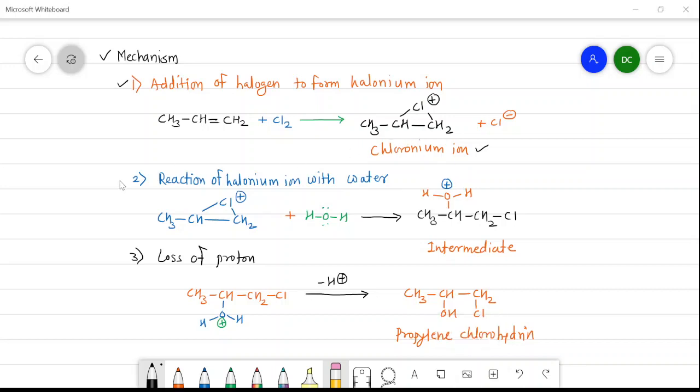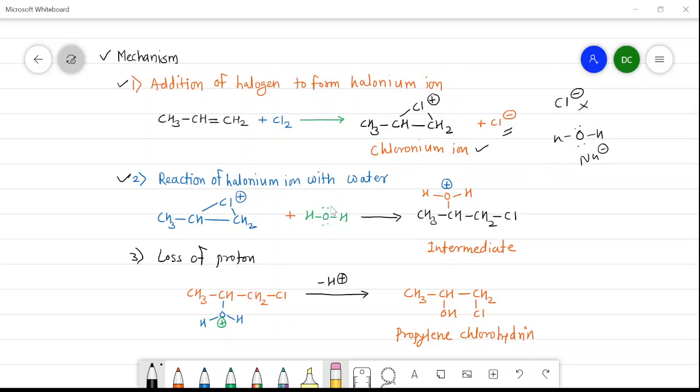This chloronium ion reacts with the water to form an intermediate. Now you can see here there is a presence of nucleophile, that is Cl minus, that is halide. And in the second step, the chloronium ion reacts with the water. How is it possible? The structure of water, we know that this oxygen possesses a lone pair, and we have taken water as a solvent. So the concentration of water is more, as well as the nucleophilic power of the water is more as compared to the halide. That's why in the second step, this water acts as a nucleophile rather than Cl minus.